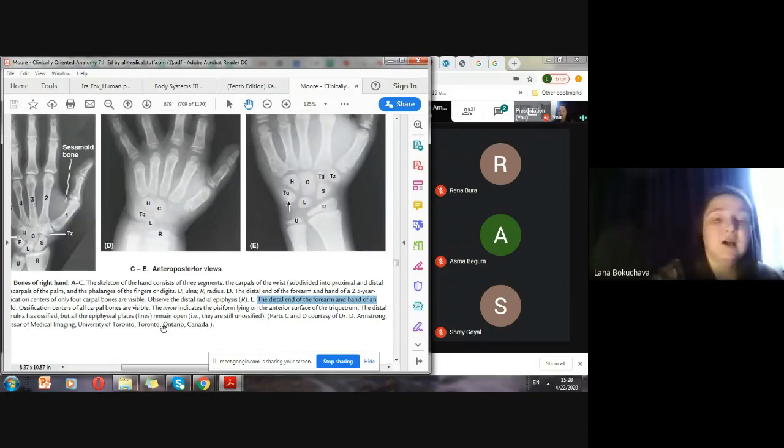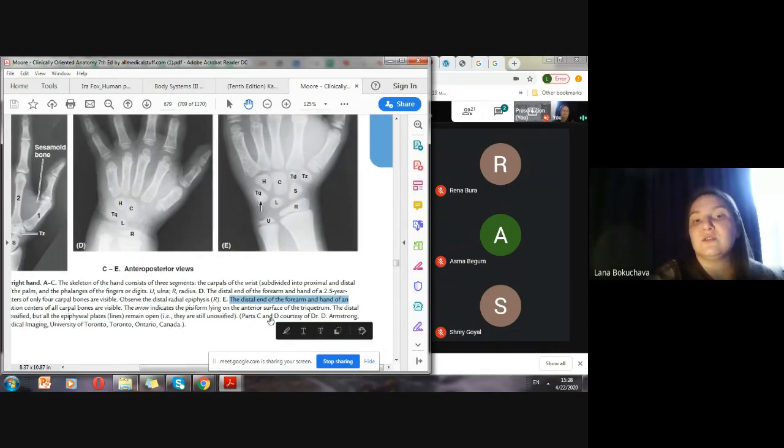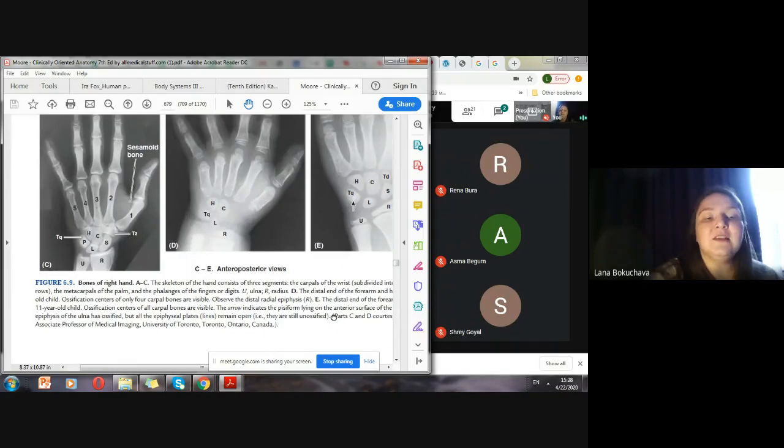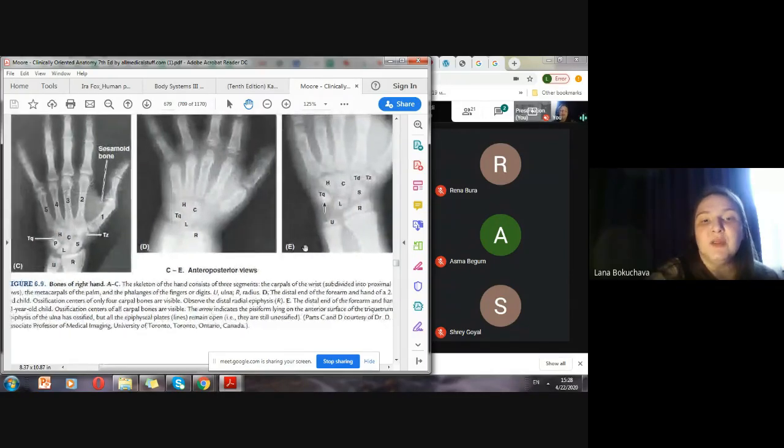That's why it's approximately an 11-year-old child. They also show you the arrow indicating the part of the pisiform, which is lying on the anterior surface of the triquetrum, as you know normally how it is. And the distal epiphysis of the ulna has ossified. So in this region, this is the part of the epiphysis of the ulna, which is already ossified,